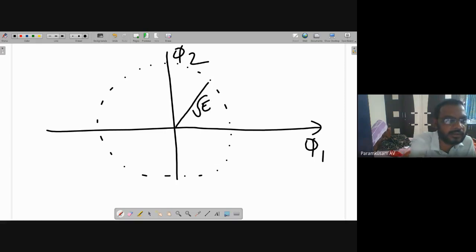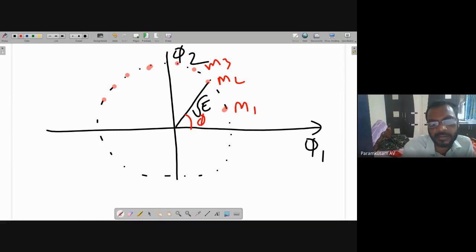Okay, then the points are located at ఈ విధంగా వస్తూనే ఉంటాయి. ఇది ఒక పాయింట్ అవుతుంది, ఇది ఒక పాయింట్ అవుతుంది. ఓకే, దీని ఫేజ్ యాంగిల్ ఎంత? πi. ఓకే,